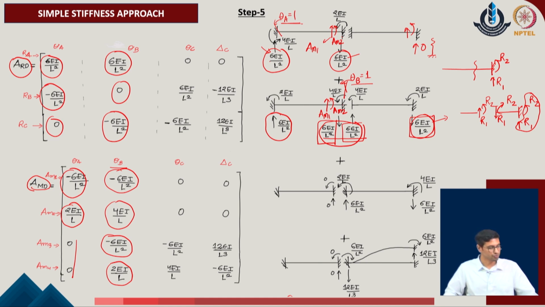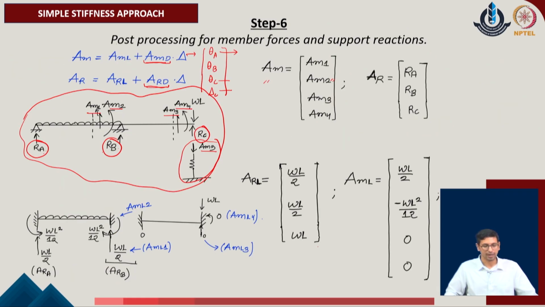Now, once we have these values, we just go back to the same previous step and see that the evaluated values of the AMD and A of RD can be substituted over here. The delta value has already been obtained in the previous step. So, now we have the values corresponding to these expressions known to us. At the same time, we also realize that the member forces will also be getting contributions with respect to the fixed end reactions of the given system. So, even if we are converting our system into the equivalent joint load problem, the fixed end reactions will be generated and those will also be contributing to the end forces or the member forces of the given system.